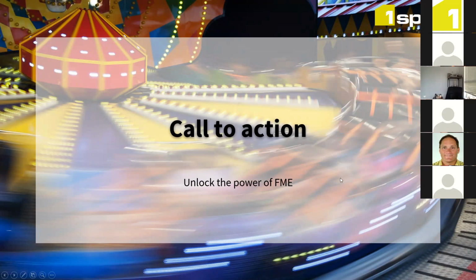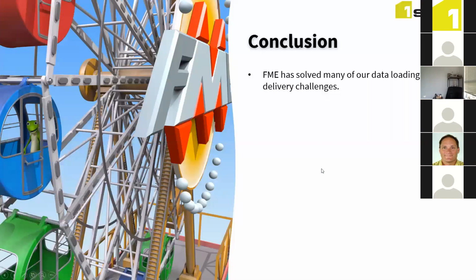And I noticed there that in the first presentation, there was an FME mobile, which I've made a note of and would like to explore that further. So my point here is I think I'm learning a lot at the moment about FME and its capability, and loving it. And the conclusion here is that